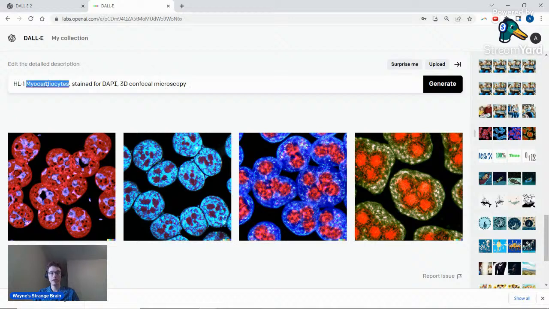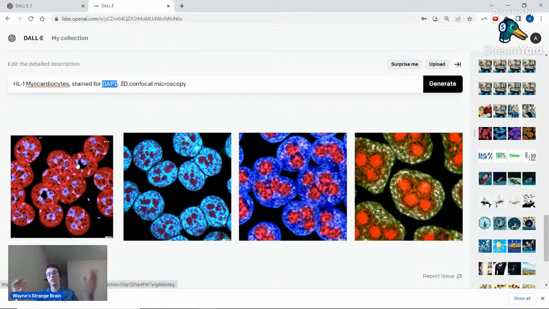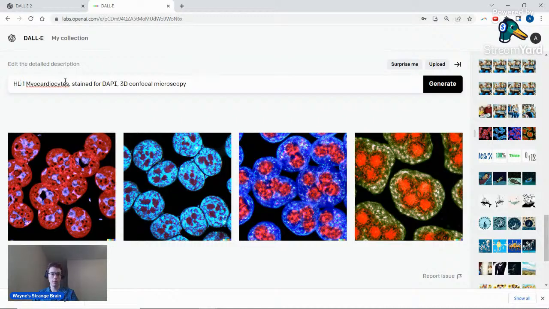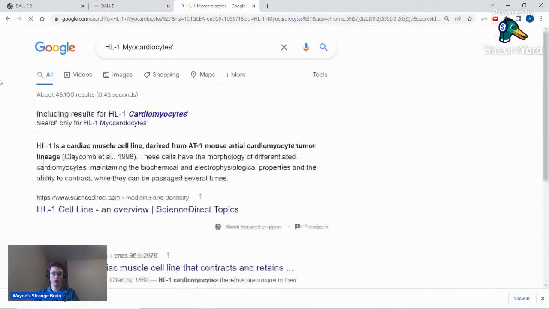And basically, it figured out that there's cells and microscopy and confocal, and DAPI is a stain. And these basically look like generic cells that are fluorescing and colorful, which is something that would happen in confocal. And that's fine. But they look absolutely nothing like HL1 myocardiocytes. So just Google it,